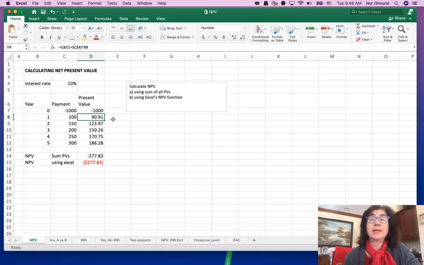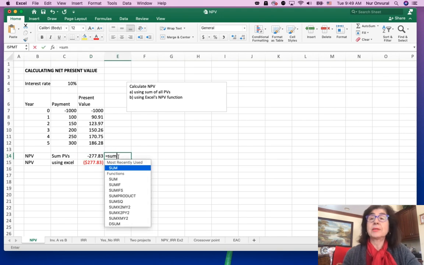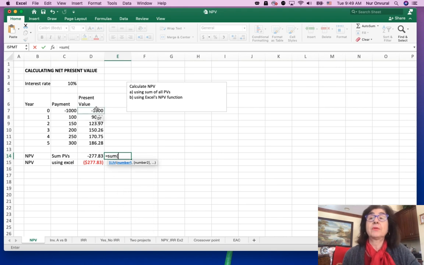And then I made sure that the discount rate stays the same at 10%. I copied down that formula and calculated the present value for each of those cash flows. To compute the net present value, I added them all up. So that cell is equal to the sum of all the cash flows, beginning with the initial investment,